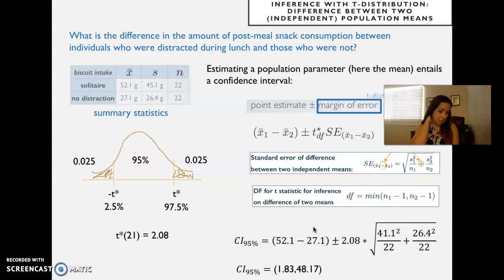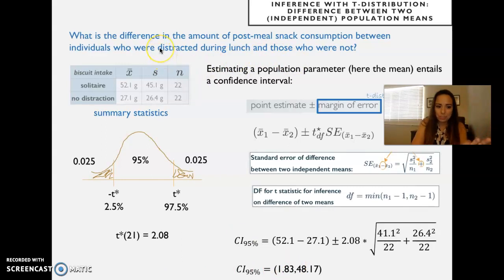It's not expected to be the mean difference, which means that we have a sort of a statistically reliable difference in the snacking patterns of individuals who are and are not distracted during lunch. But the magnitude of that difference is still pretty unknown. It could be small or large. So how meaningful that difference is, right? But anyways,